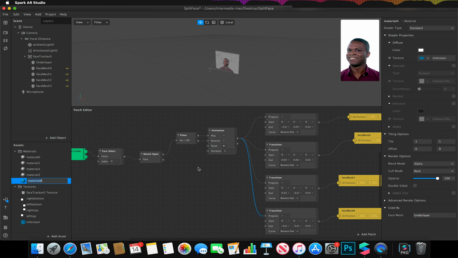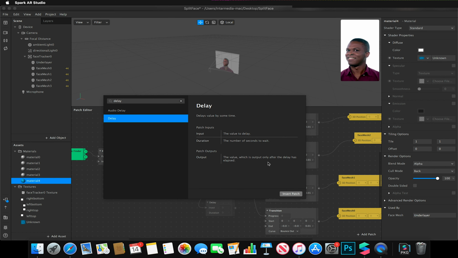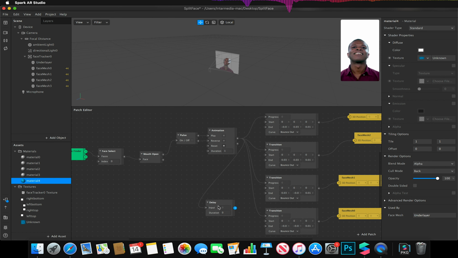And what I want to do is be able to control the timings for the split, because at the moment when this animation plays, all four of these quadrants will split open at the same time. But what if I wanted to have some sort of control on the timing? Now, a simple way of doing this is we could simply drag from our animation patch here, add a delay, like so. And then just link our delay output to the two quadrants, for example, that I want to delay